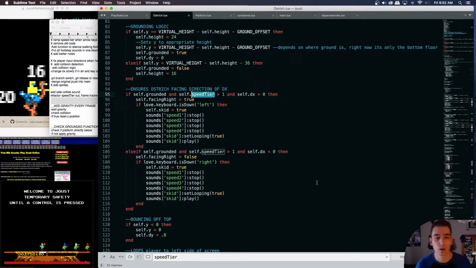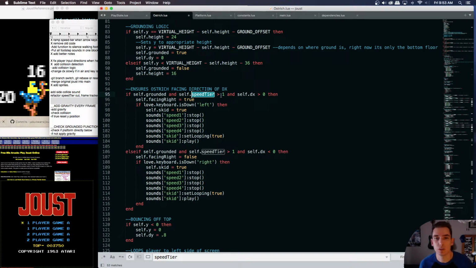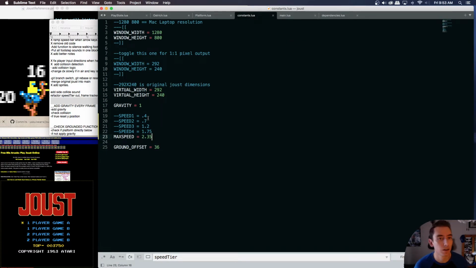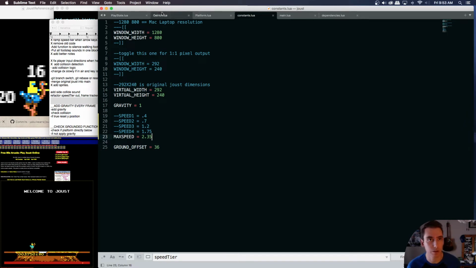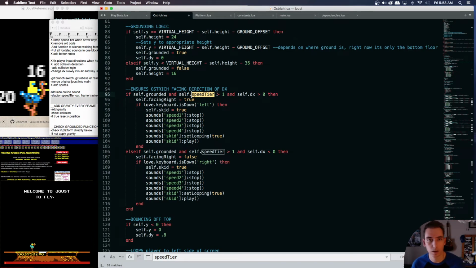Because if you're walking slow enough, putting the opposite direction input won't necessarily trigger a skid. It's only at a certain speed. So that certain speed was whatever speed tier 2 is. So we can say 0.7. If our dx is greater than 0.7, then we want to